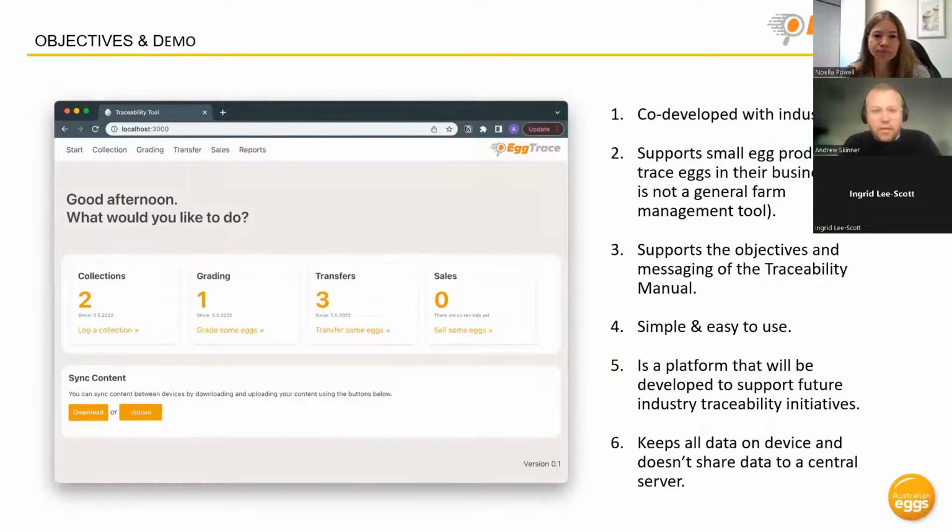So the tool itself is really focused on small egg producers who don't really have any traceability within their businesses at the current time. It's not a general farm management tool, and it's very much focused on the task at hand, which is really trying to monitor eggs from collection all the way through to sale, with the ability to run some simple reports on the data for when it needs to, if the recall or whatever is